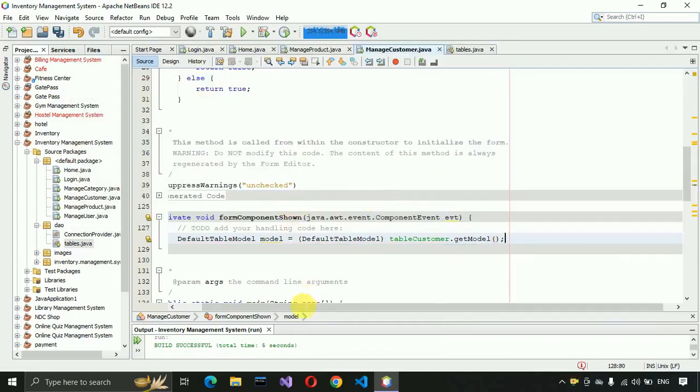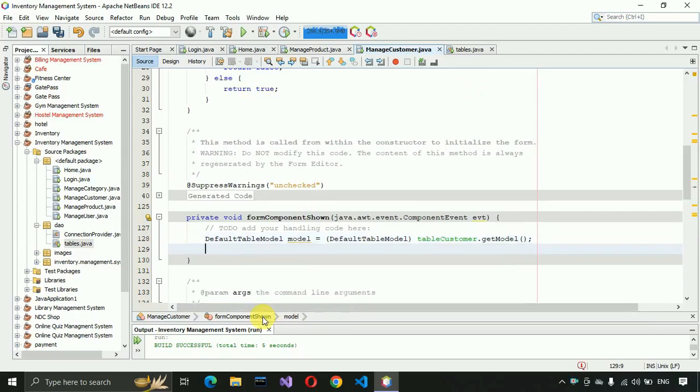Okay, let me scroll a little bit left, and here we have to write try catch block,